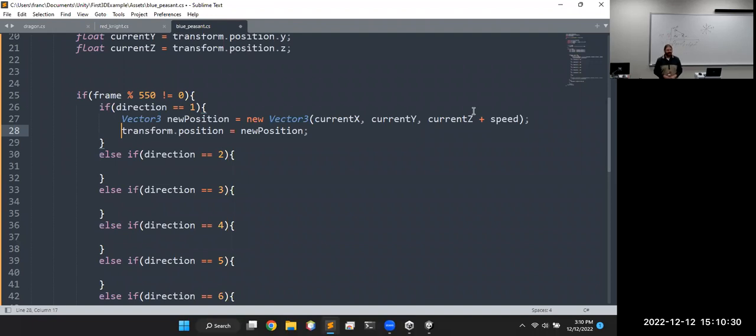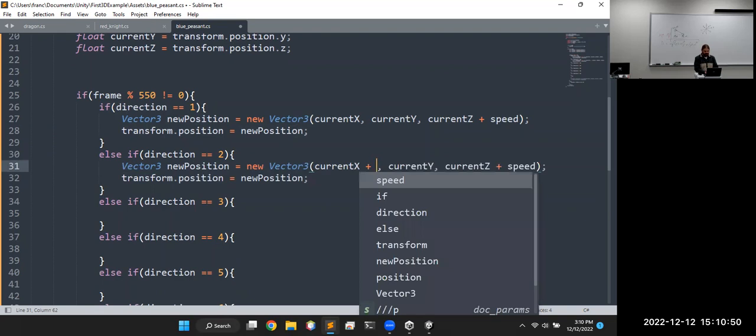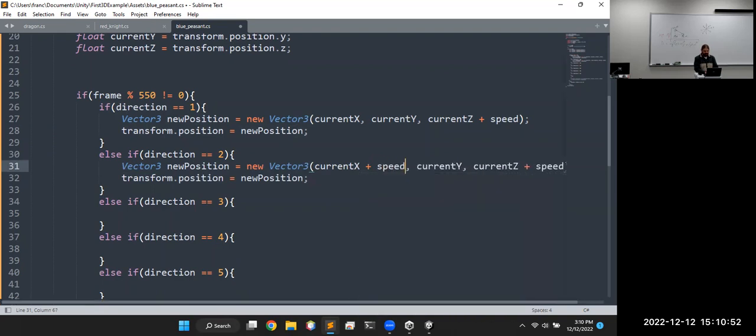I'm just gonna do plus speed each time. So if it's 1, we're going in the Z direction. If it's 2, we'll go in the well, I will go ahead and show this. Plus speed divided by,